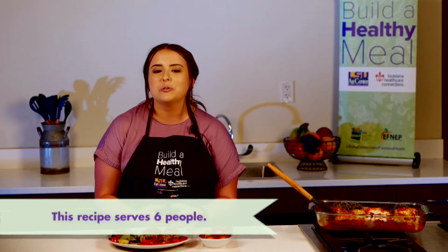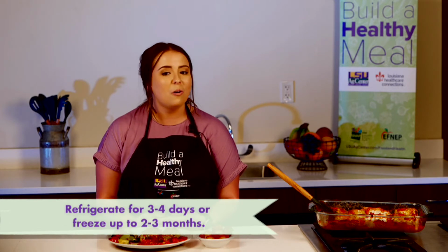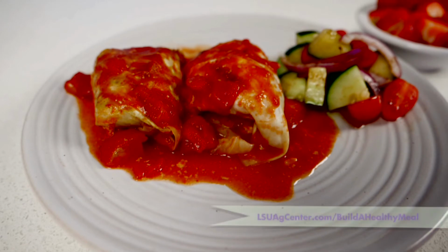These stuffed cabbage rolls will serve 6. You can save any leftovers in the fridge for 3 to 4 days or in the freezer for 2 to 3 months. The recipe for these stuffed cabbage rolls can be found online at